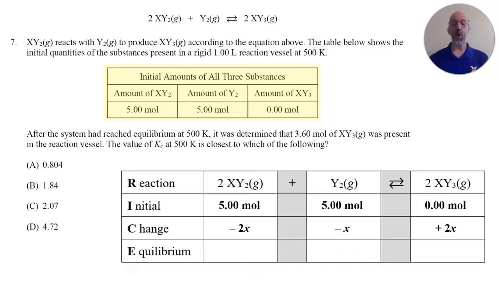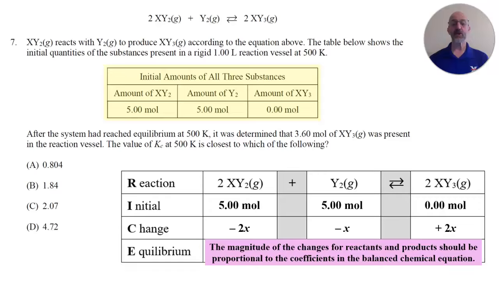But if you're wondering why those changes are listed as 2x, x, and 2x, it's because the magnitude of the changes for the reactants and the products should be in proportion to the coefficients in the balanced chemical equation. In this balanced chemical equation, we have coefficients from left to right of 2, 1, and 2. And so that's why the magnitude of the changes are listed as 2x, x, and 2x. Again, minus to indicate a decrease in the quantity and a plus to indicate an